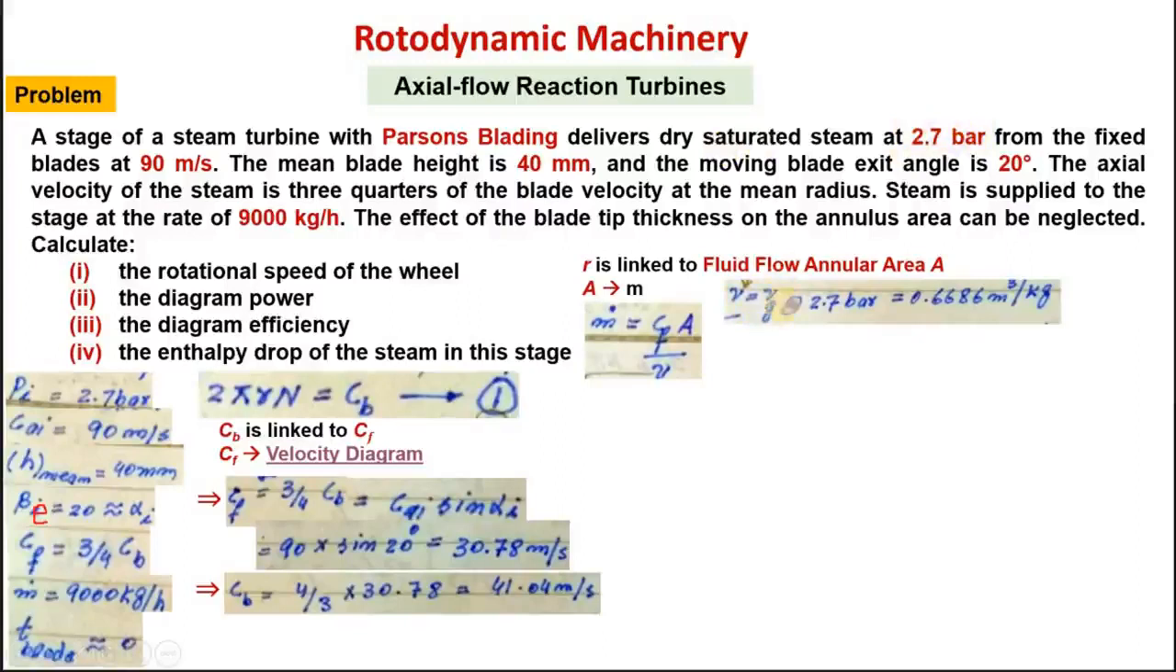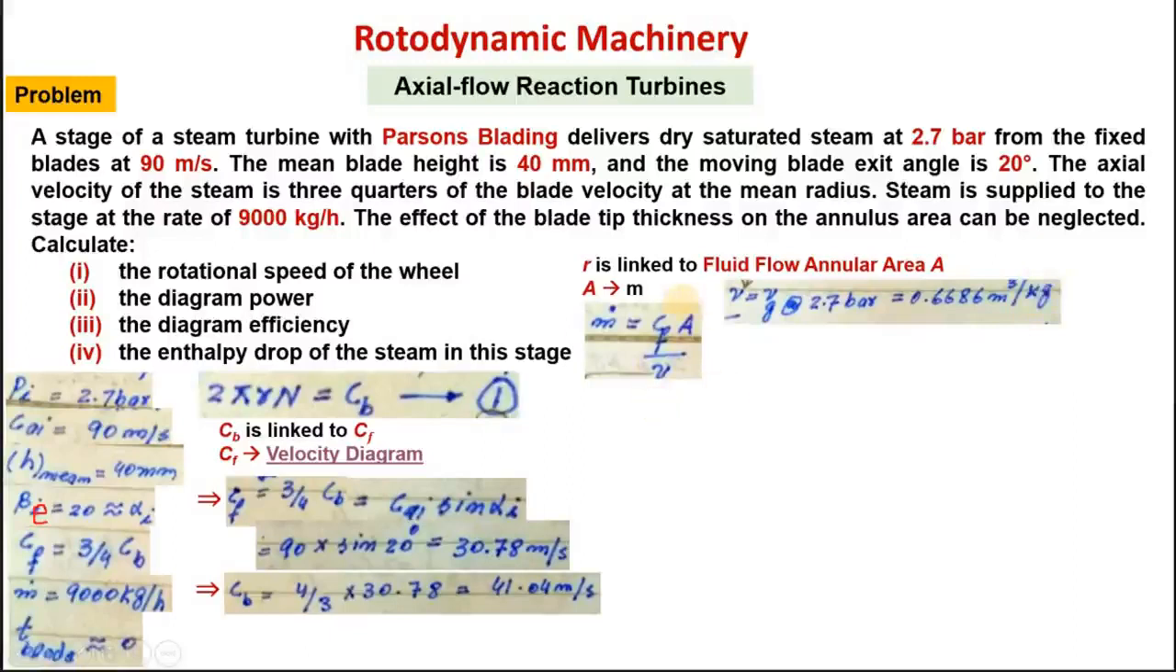So from saturated steam table, dry saturated means V is equal to Vg at 2.7 bars. So from the steam table, this is the value, right? 0.6686 meter cubes per kilogram. So in these steam tables, all these values are given for 1 kilogram of fluid or steam,